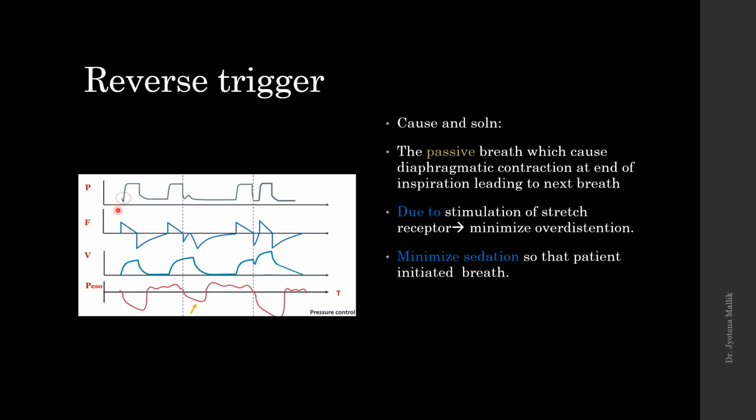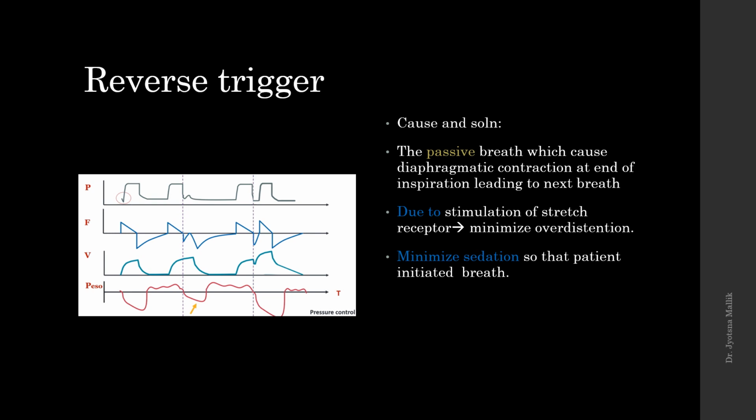So here this is the active breath, meaning the patient is taking the breath. After this, if another breath is happening, that will be called double trigger. And you can see here, this is a patient passive breath. After that, if a second positive breath is going on, this is called reverse trigger. So we have to minimize sedation so that passive breath doesn't occur, and in this way we can